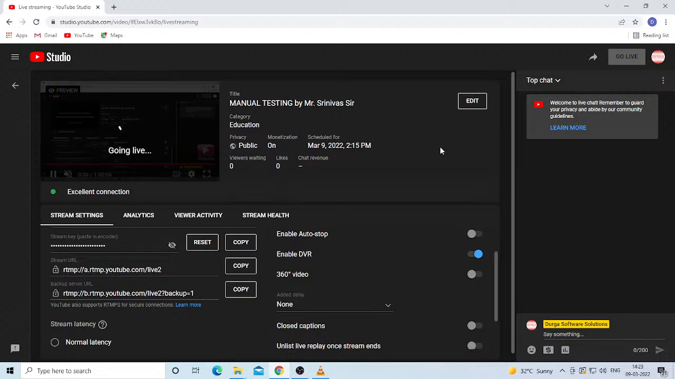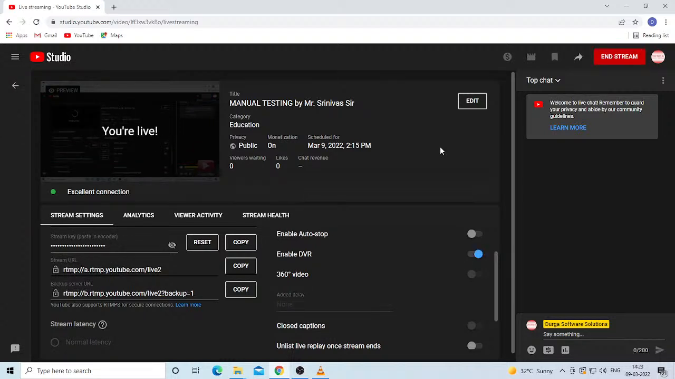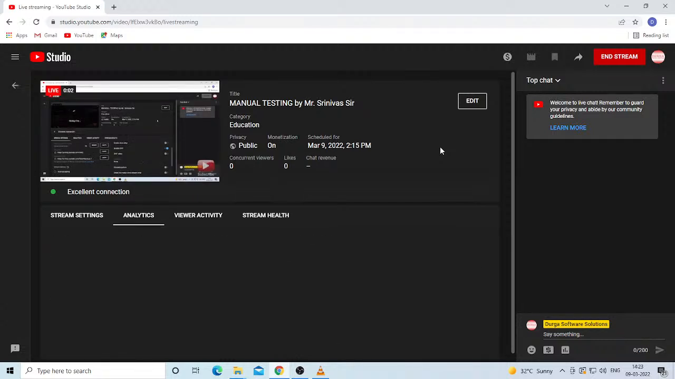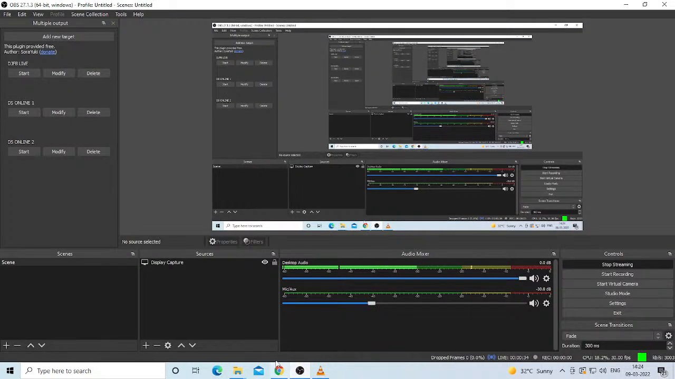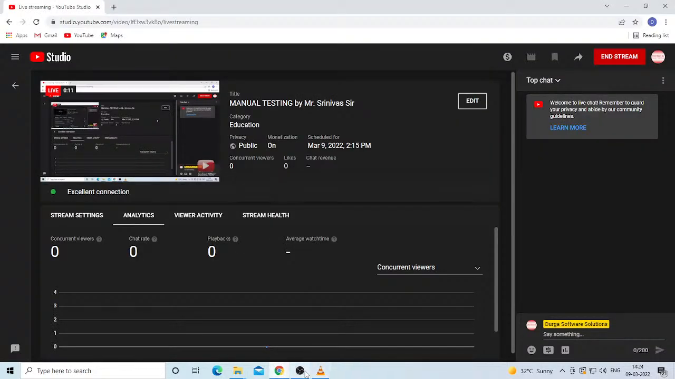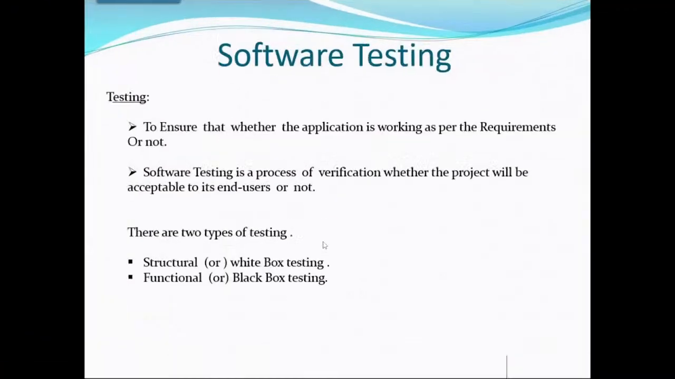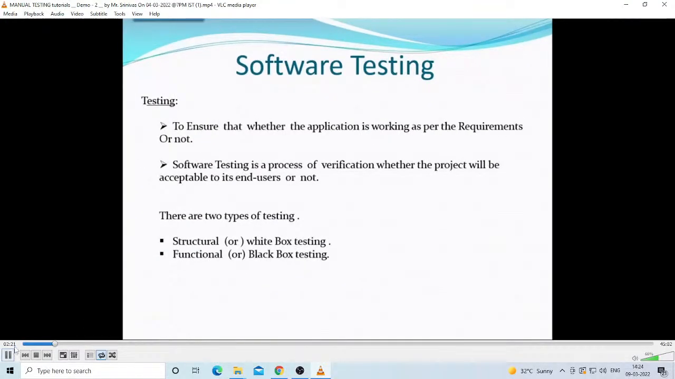The testing types are two types. One is structural testing, another is functional testing. So who will do the structural testing and who will do the functional testing? These two are very, very important. Generally we say that there are two types: one is structural testing, another is